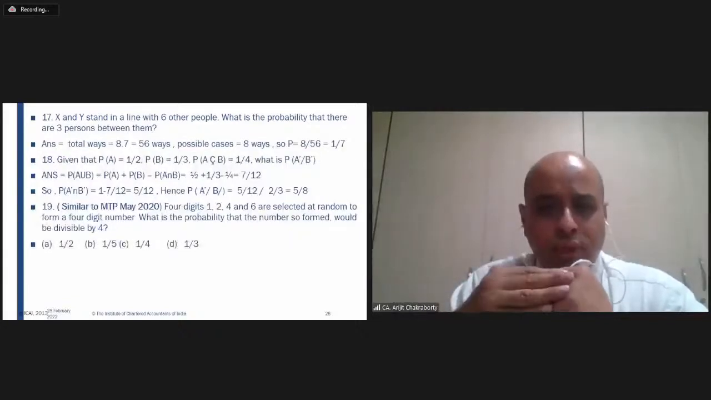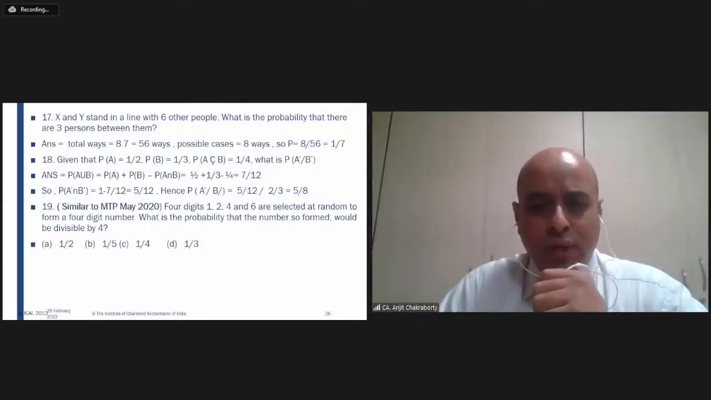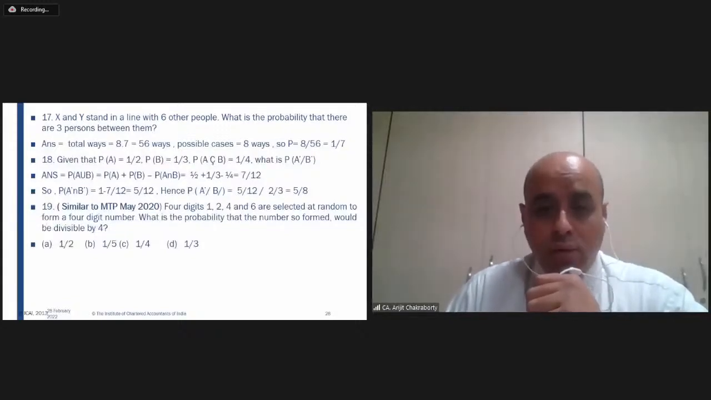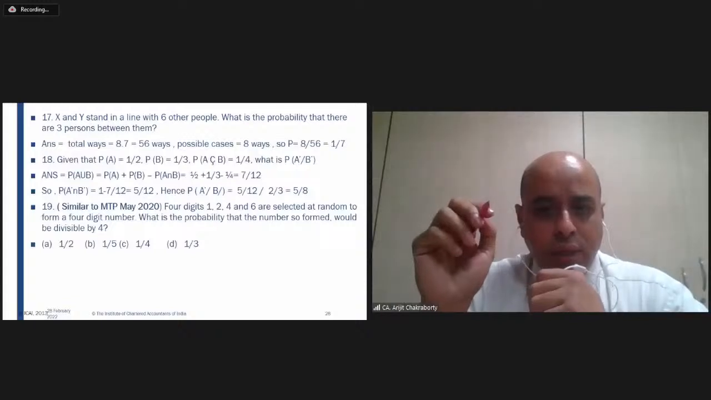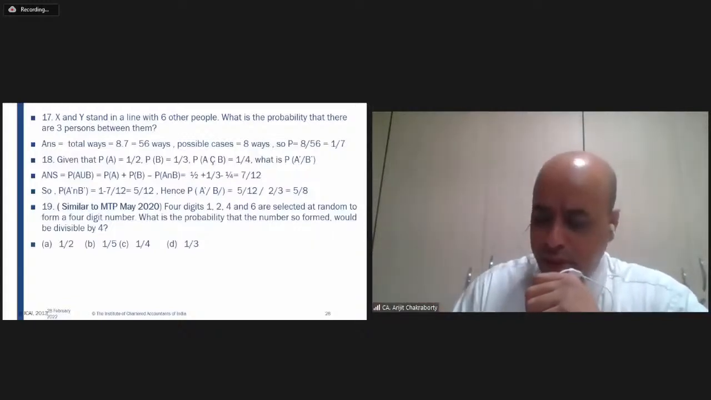So 1, 2, 4 and 6 are selected at random. You know that 4 digits, 1, 2, 4 and 6 can be arranged in how many ways? 4 into 3 into 2, 24 ways. Now out of these 24 permutations, if it is divisible by 4, that means the last 2 digits should be divisible by 4. That means the last 2 digits should be either 12 or 24,